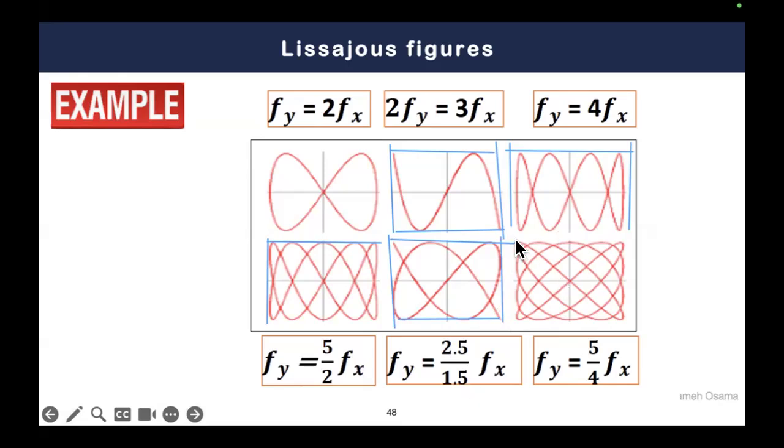Here, of course, you can see 1, 2, 3, 4, 5 over 1, 2, 3, 4. So it's 5/4, and so on. So you can make it in this way, where you can make it either with an x line and y line and see the intersection points to know the ratio between Fx and Fy. So now you can see that using this, we can distinguish the ratio between frequencies,